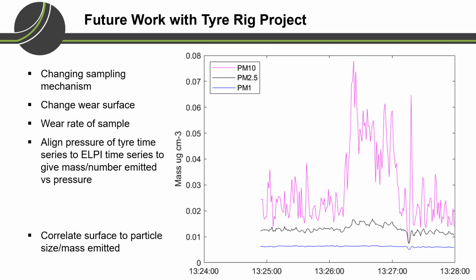This will be something we'll be working on in collaboration with others. We can then align the pressure of the tyre time series to the LP time series, so we can give a mass or a number emitted versus the pressure. What this information can do is showcase how the pressure is influencing both the mass and the number of